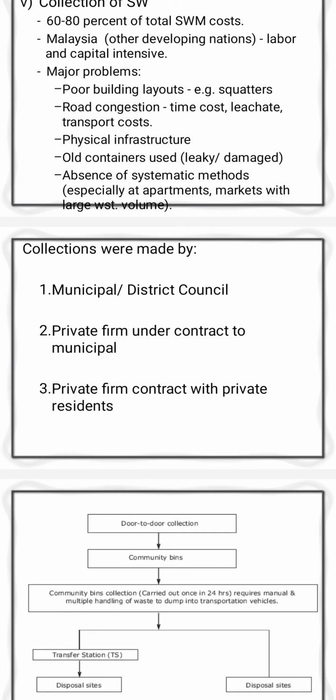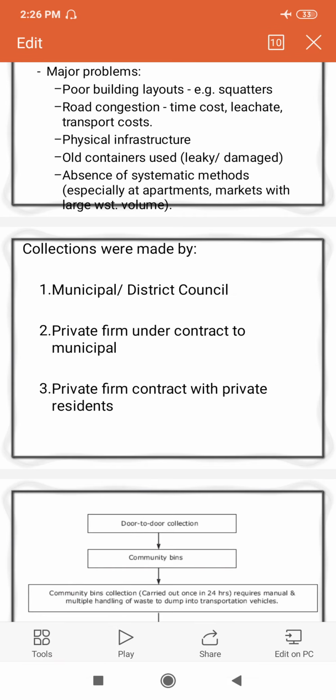The second one is the storage discharge transfer station. In that, the waste which is collected from the local area by small vehicles is emptied into that container, that is the storage container, or you can say the transfer station. Here the waste is separated and segregated, the metals are separated, the plastics are separated, glass and wood are separated, and after that the remaining waste is transferred to the disposal